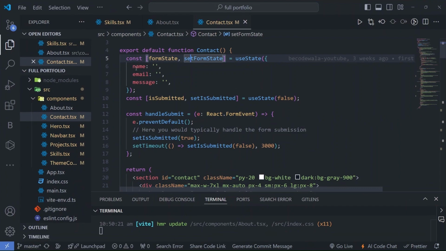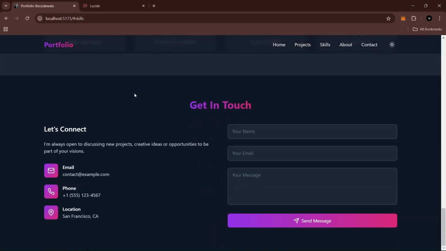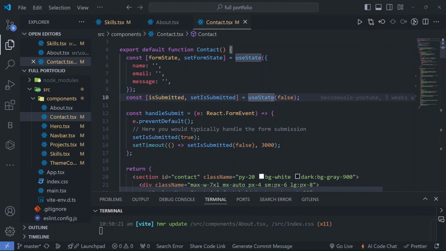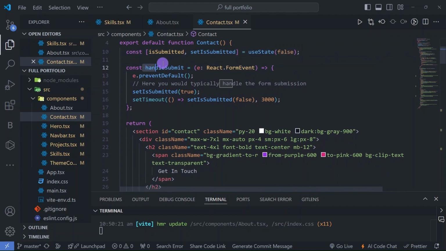So initially our form state, email and message, will be empty, right? Before it was empty, right? Let's refresh it. So before it was empty, right? So when it is submitted, for this we have created a useState. When it's submitted, it's showing the message is sent successfully. So for that we have also created a state variable with useState, and here we have created